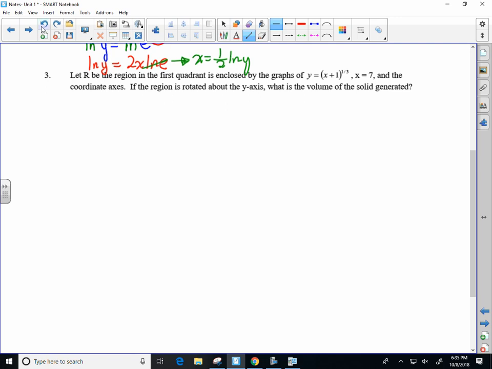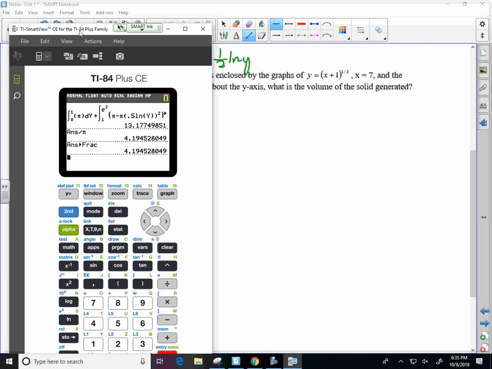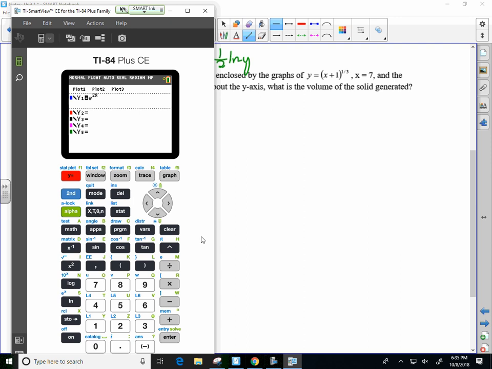Do it in the calculator again. All right, we're going out to 7, an x value of 7, so window 0 to 7, so for the